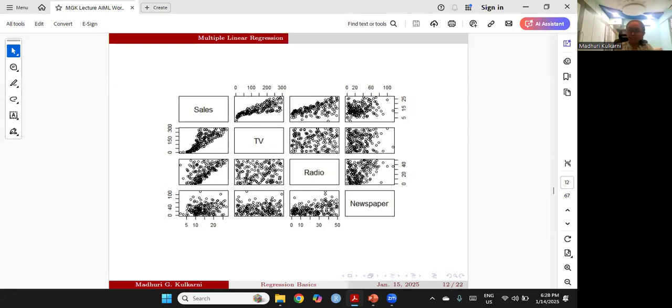So this is how it is. It's not the same. We can't say that it is very much linear, but at least for TV, it is approximately linear. But for radio, it is not at all linear, and the same is the case with newspaper. It is not much linear, but one can always try, because software is ultimately going to tell you whether the model is good or not. So one can always try to fit the model, get the outcome, and then try to understand it.